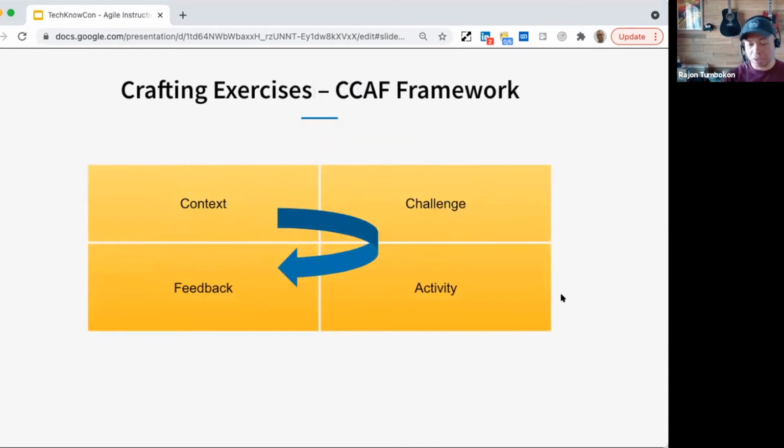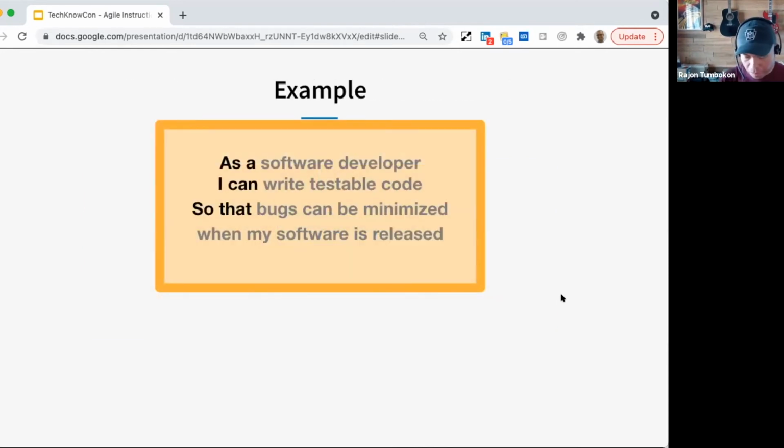So real quick, when crafting learning objectives, try to think about those user stories, or maybe we could call them learner stories now that I think about it. Think of those learner stories, how they'll actually apply this in the real world.